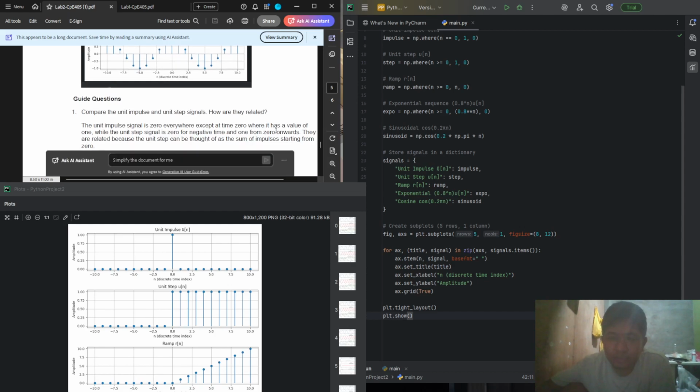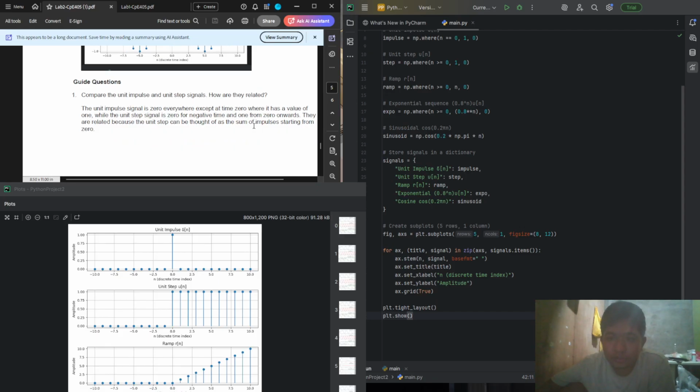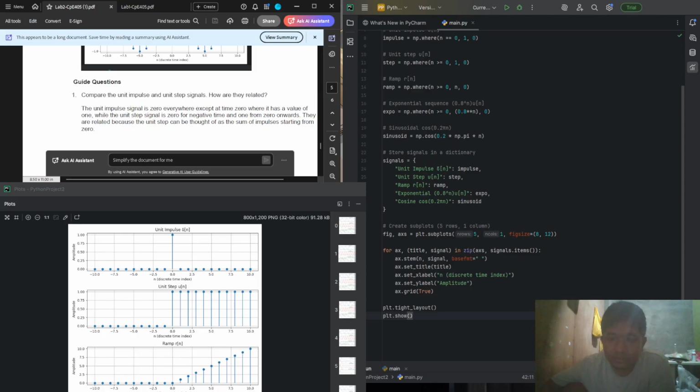For the graded questions, the first question is to compare the unit impulse and unit step. As you can see, in the unit impulse function, when n is equal to 0 the amplitude is 1, else it is 0, and for any value other than 0 the amplitude should be 0.